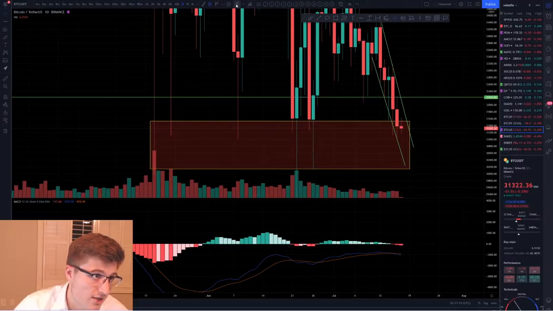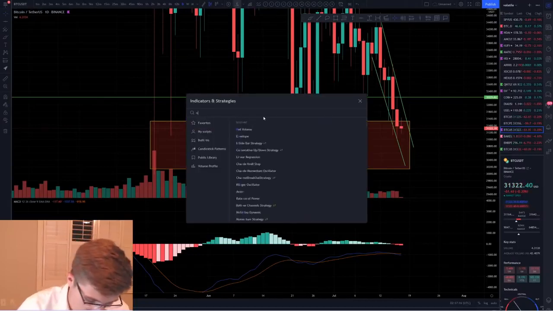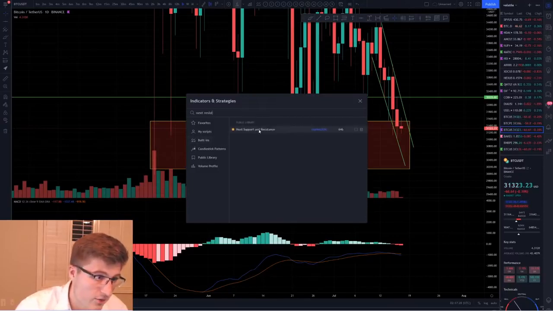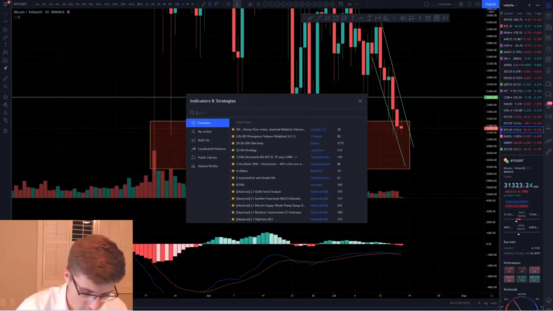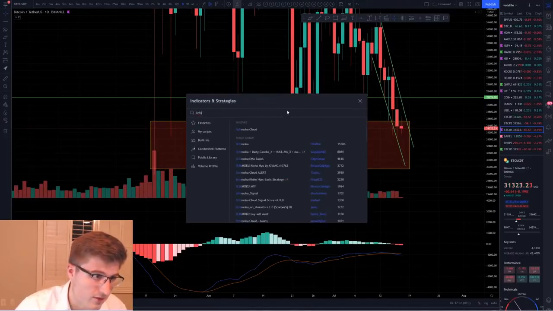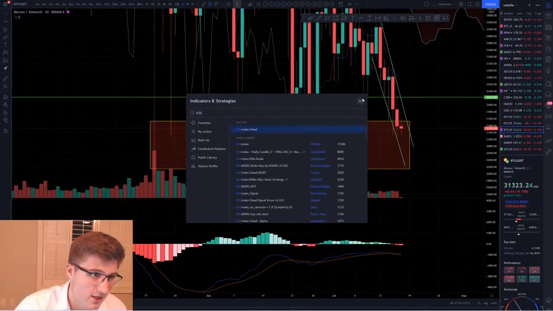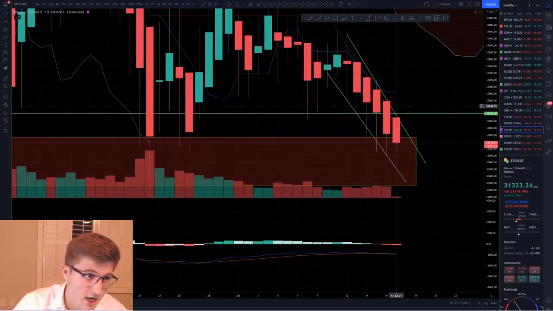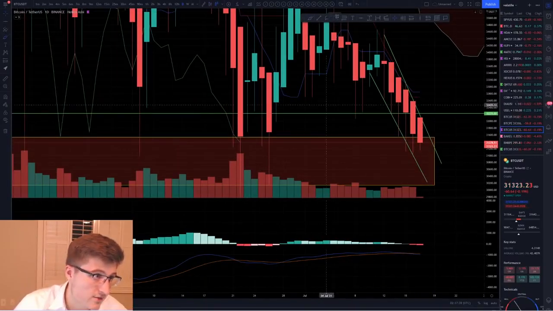Let's throw on our next support, next resistance indicator to get that going. We'll throw on Ichimoku as well. Ichimoku is a support and resistance indicator, guys, by the way, for those of you that are wondering. I'll be going through a little bit of a strategy here. Let's go through the Heikin-Ashi, okay?